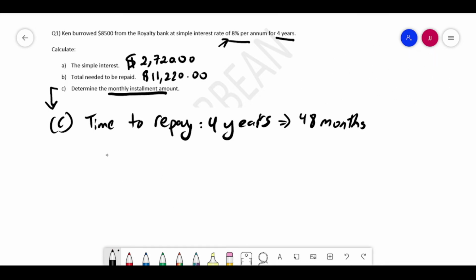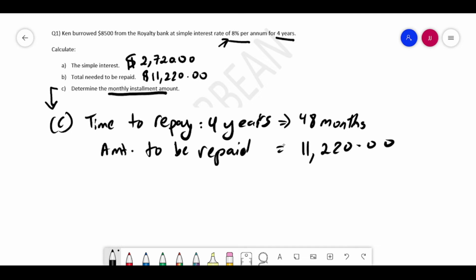So we know the amount to be repaid is equal to $11,220. This is what is needed to be repaid after 4 years, the total after 4 years. So we know 4 years is 48 months equivalent, and we know the amount to be repaid is 11,220. Therefore, the monthly installment will be